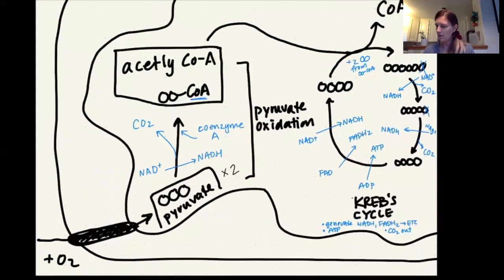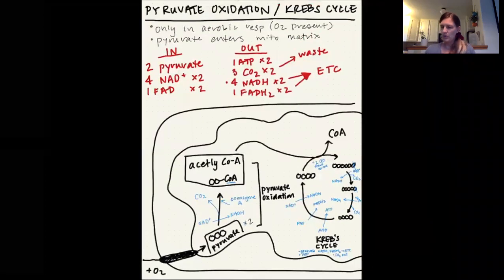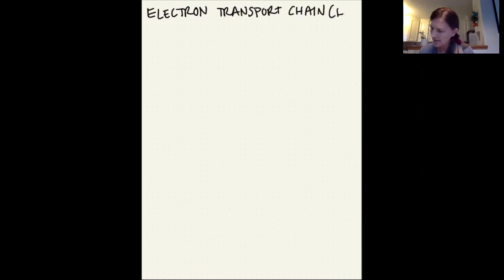All right, so now we are going to go to the next and final part of cellular respiration, which is going to be the electron transport chain, which is called the ETC, and chemiosmosis, right? And that's probably the hardest conceptual thing that we're going to be talking about in cellular respiration.